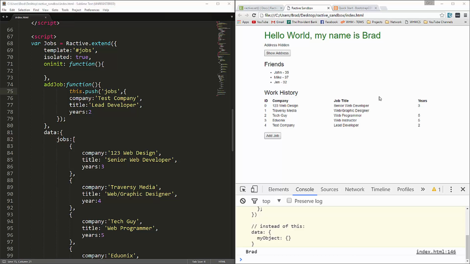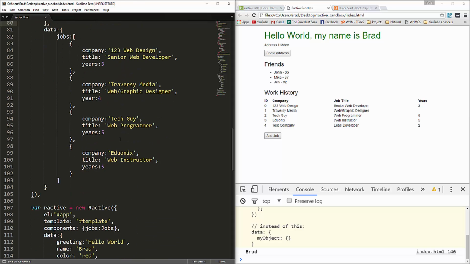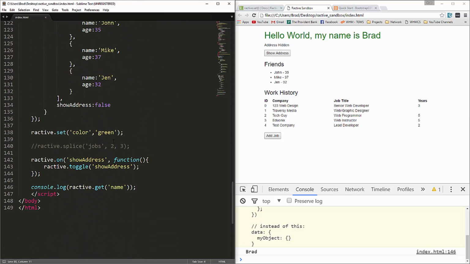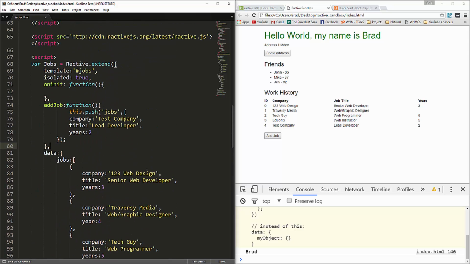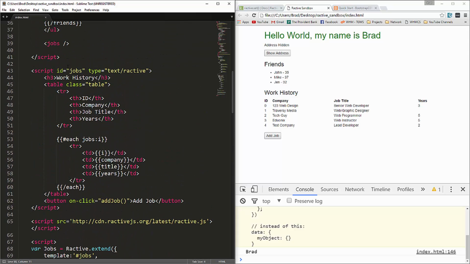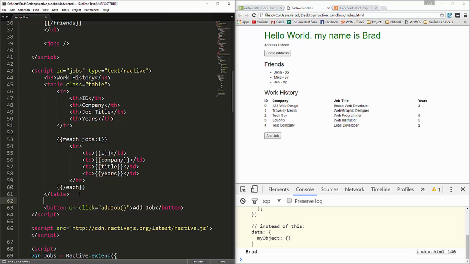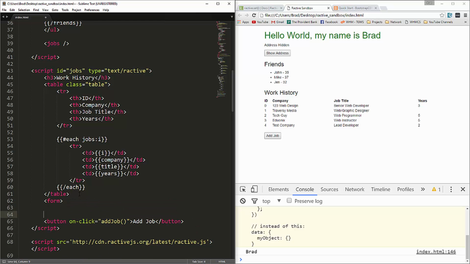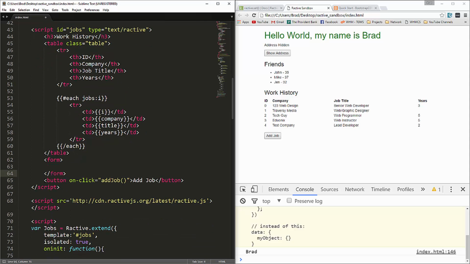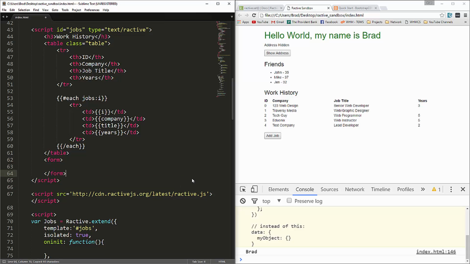Alright, so now we're going to get into data binding, and Ractive uses two-way data binding much like Angular. Okay, so if you have experience with Angular, data binding works very similar. So what we're going to do is go into our component template, and right above that button we're going to put in a form tag. Okay, and then let's take this and copy it or cut it, paste it in the form,